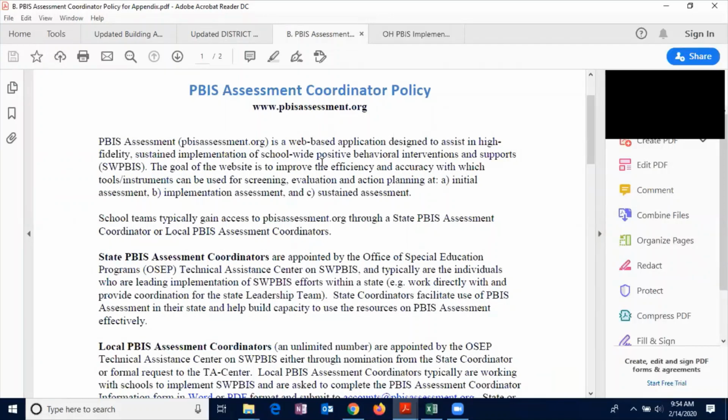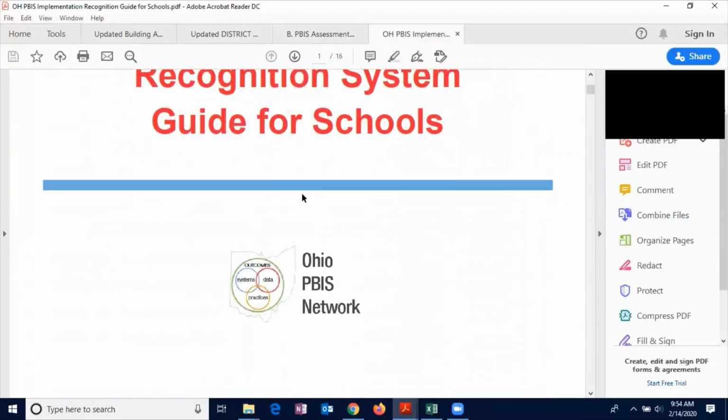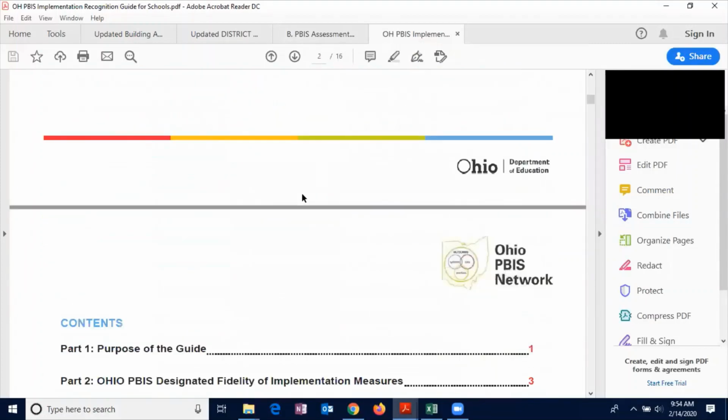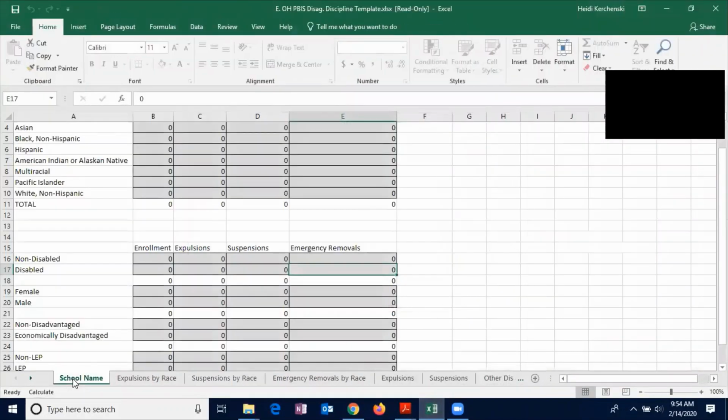It does describe on the sheet everything you need to do. The other document we have is the guide or manual for applying for recognition. And then the last thing that's in there, again, is this nice template for being able to look at your